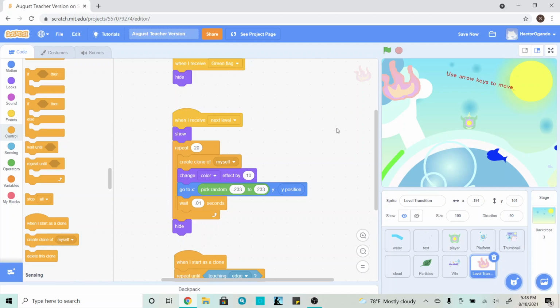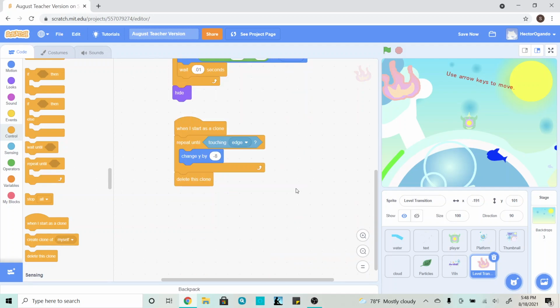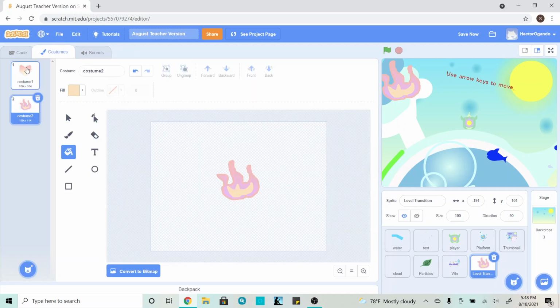And then we're going to pick a random position in the X, so that's the horizontal. And then in the Y is going to change by going down. And then once it's completely down, it'll delete itself once it's touching the edge. So now this last piece is going to be for those of you who did extra level transitions. So for example, I only have 2, but for those of you who created one for every level, then what